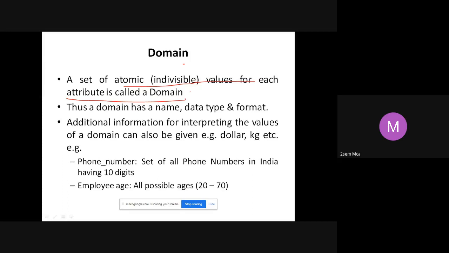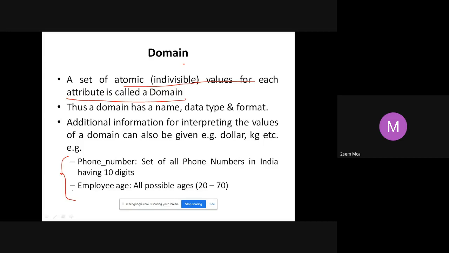So phone number, let us say. These are the examples given here. Look at the examples. Phone number means what? It should have only 10 digits. All possible combinations of 10 digits, let us say, is the allowed value for the attribute phone number. I cannot have a phone number of 12 digits, it should not accept. That is called domain. Domain means a set of the values that are allowed, the values that are permitted for that particular attribute. You call it a domain.